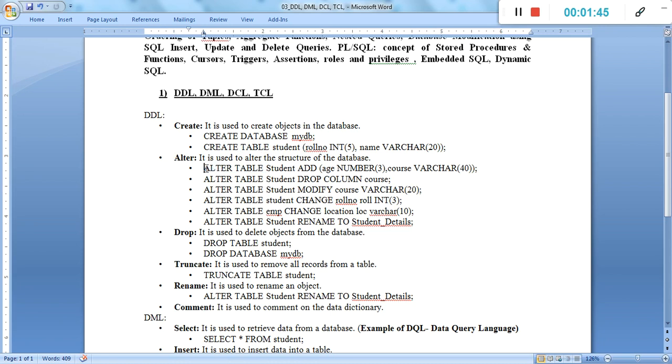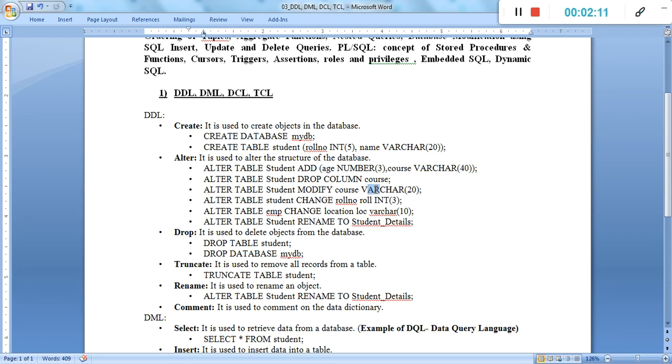Then alter, that is alter table student add new columns. That one is simply the process. Alter table student drop column, and the column name. It means if you want to delete a particular column, you can use alter table name, drop column and the column name. Alter table student modify course.